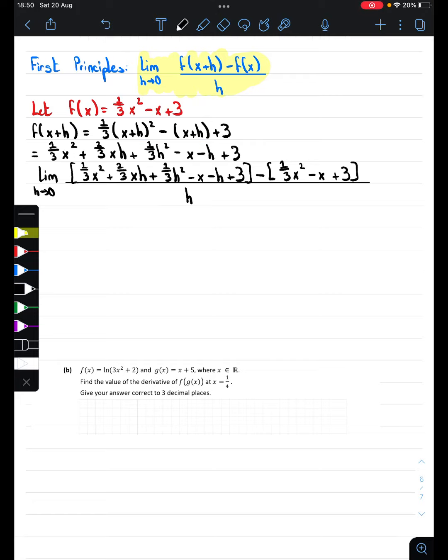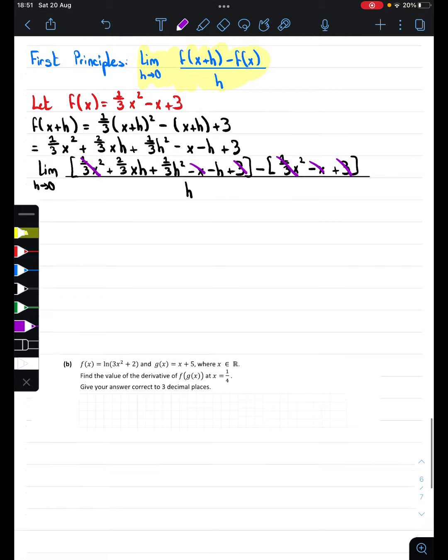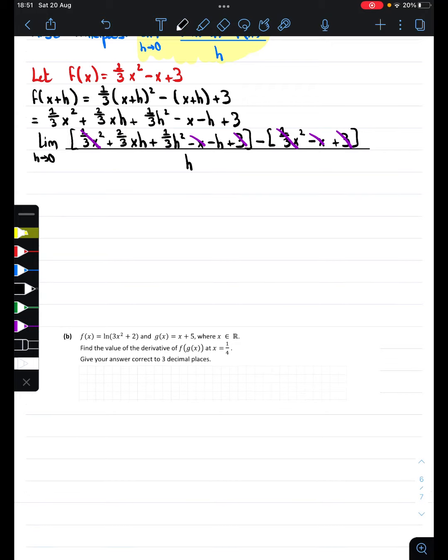Okay, so there are a lot of things here that will cancel straight away. So the 1/3 x squared will cancel. The minus x will cancel. Actually, let's use a different color here. 1/3 x squared, the minus x, and the 3. All of these will cancel. So that leaves us with the limit as h goes to 0 of 2/3 xh plus 1/3 h squared minus h